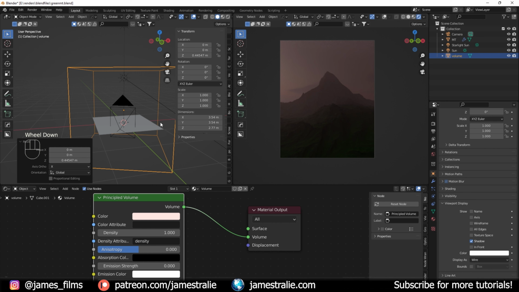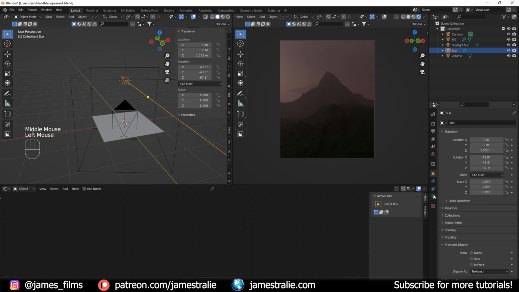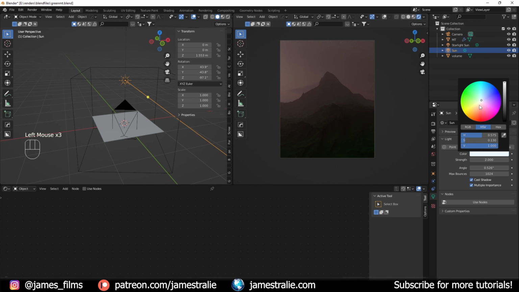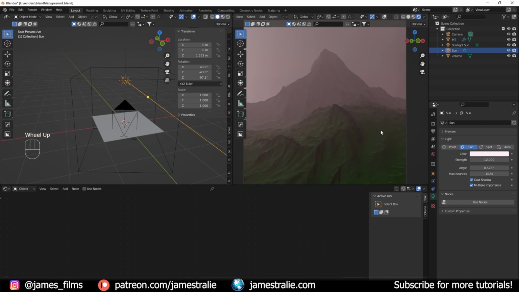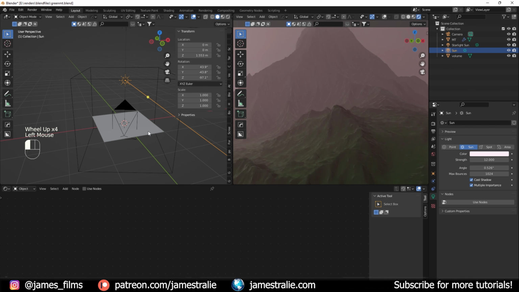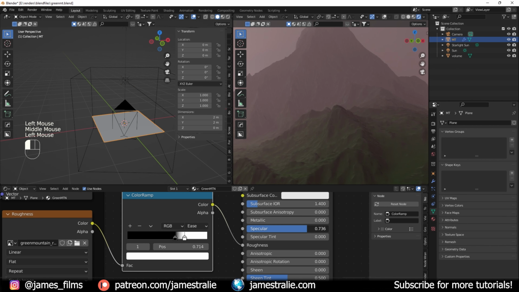Then we can go into our sun lamp, and this is really where the volumetrics come alive. You can give it a little bit more color, this pinkish color to match the volumetrics, and then really crank up that scale. You see we've got a really nice effect here. This has got some really nice falloff. It gets really hazy as we get further back, but we still see those really great details from the mountains as well. Crank up the specularity just to show you what that looks like,